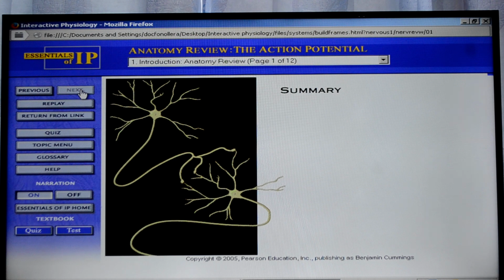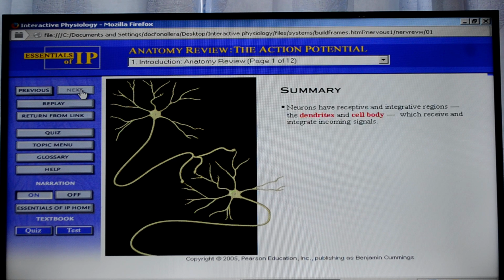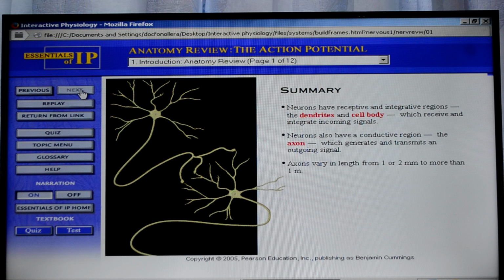Here's a summary of what we've covered. Neurons have receptive and integrated regions, the dendrites and cell body, which receive and integrate incoming signals. Neurons also have a conductive region, the axon, which generates and transmits an outgoing signal. Axons vary in length from 1 or 2 millimeters to more than 1 meter. Some axons are insulated with myelin sheath,